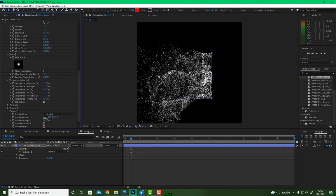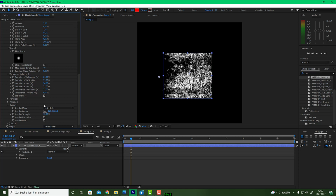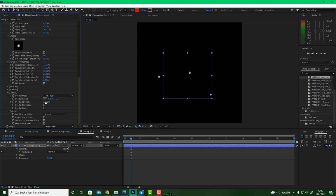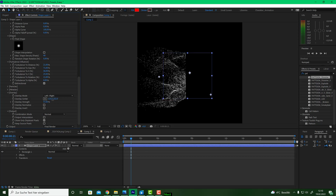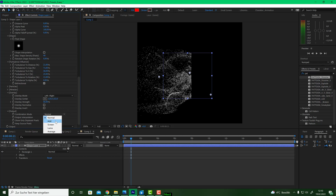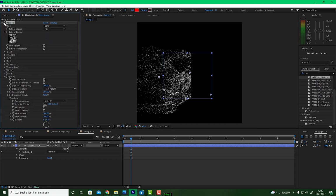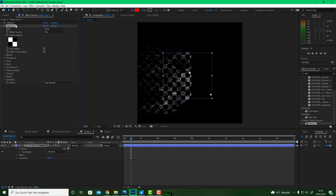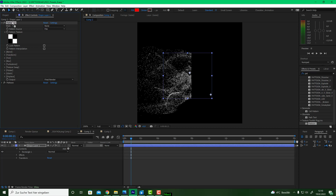which is cool. You have also the option in the output channel to, for example, only output displaced pixels. That means now you only see the displaced pixels. You can add them or screen them, and this is handy if you have a texture on that. You will see the effect, and you can of course apply more than one Platoon instance to this. So I apply a second Platoon instance, I drag it above this. In this case I call the texture,